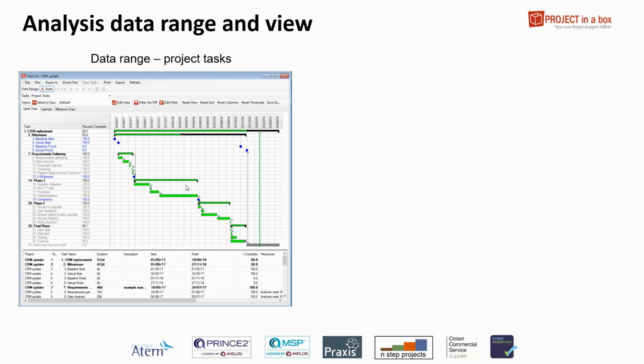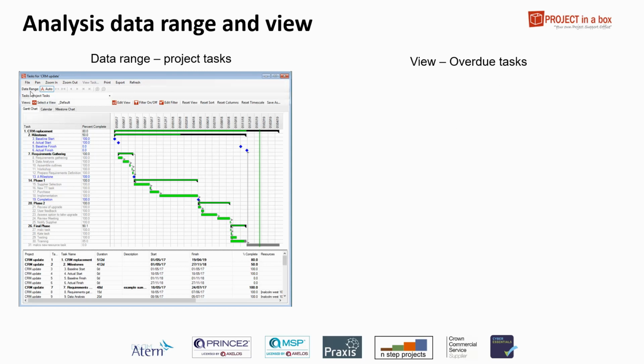Of course, if my project had 2 or 3 plans in, I'd see the 2 or 3 plans here because they're all tasks for this project. But in this case, it's just one set of tasks coming from one plan, which is, of course, the most normal circumstance. Now, if we apply a view to this, which is what I've done here,